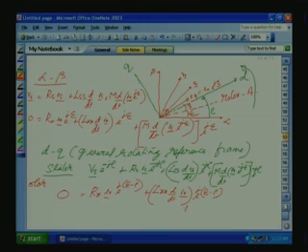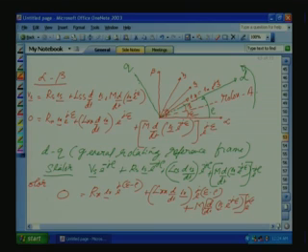Plus M into d by dt of Is e raised to j minus epsilon, into e raised to j epsilon minus rho. So all the rotor equation also we have transferred to the dq axis. So our dynamic equation is complete. Now we have to take the real and imaginary component. How do you take the real and imaginary component here?